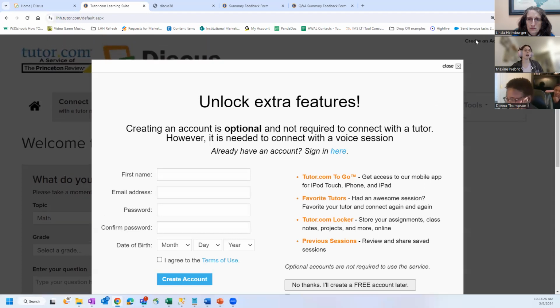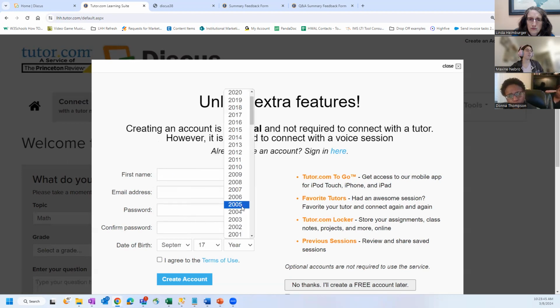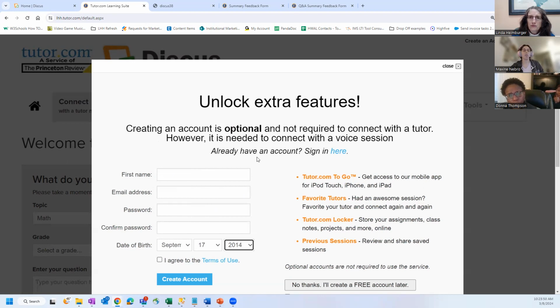There's also a create account button in the top right corner, but you just enter your first name, your email address, your password, and then date of birth, and then you can create your account. The date of birth is very important if you're working with young students in particular. If I showed that my date of birth was, let's say, September 2014, because I am, according to this date of birth, 13 years or younger, I'll have a restricted account,